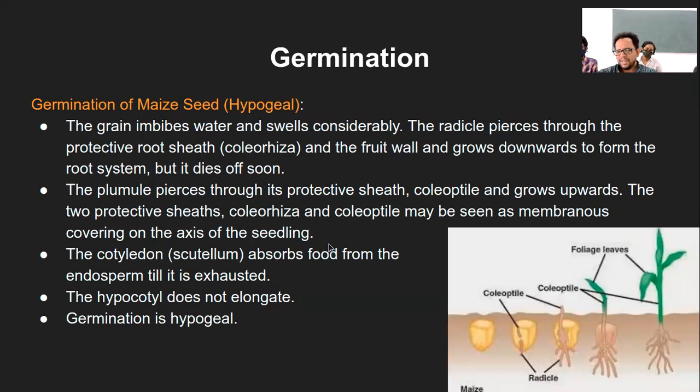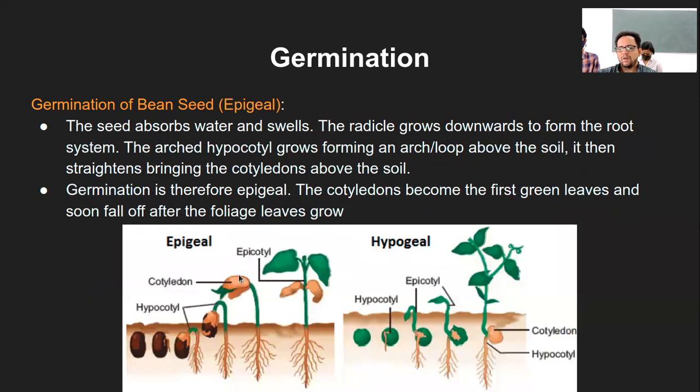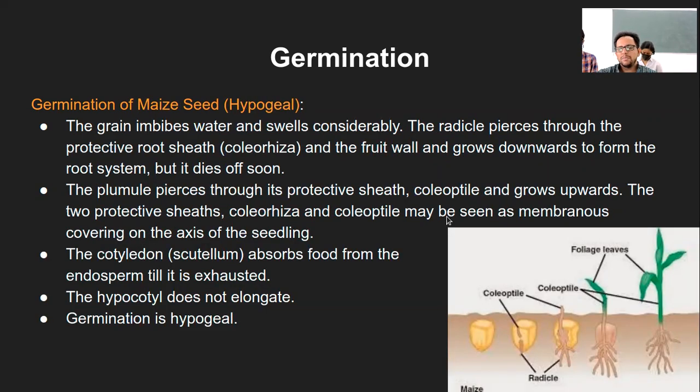Okay. And another example of hypogeal is the germination of the maize seed. Now in this, because this is monocot, the only difference that will remain is of that cotyledon. Like obviously in these cases, the cotyledons split into two, right? So that is not the case with the maize seed. Again, it goes the same way. There is nothing different. So you just go over this, you will understand this very simply.